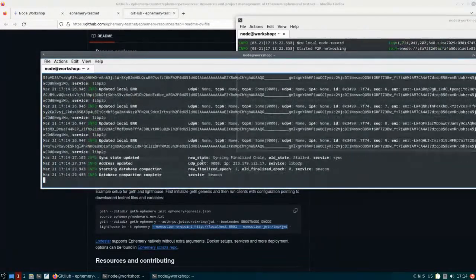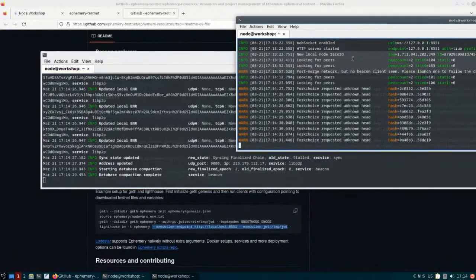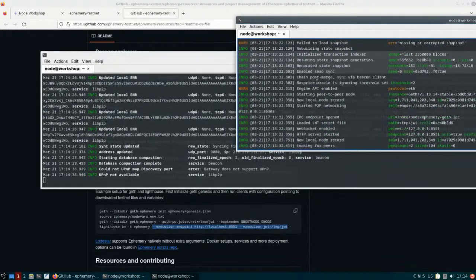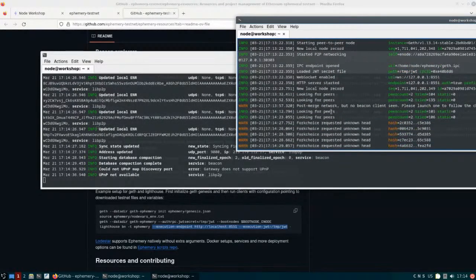Okay, we have something happening for sure, and it's syncing. This took a while on Holesky. Now it's happening faster, so I'm glad I could show you. So yeah, again,